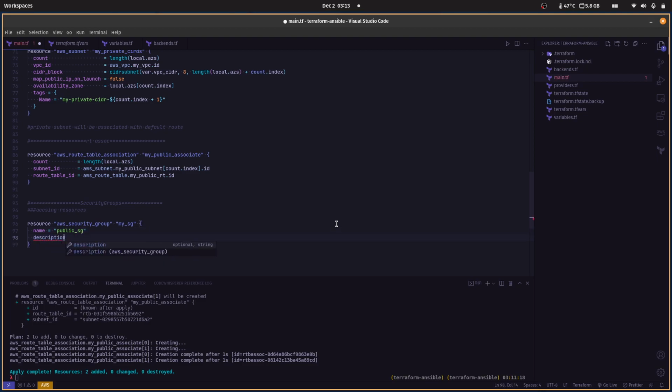And we may change things around a little bit as we move through this deployment. Things change all the time. And then we just need to provide a VPC ID. That will be AWS VPC.mtc VPC.id as it is every single time we've used it. All right, and next up, we need to create a security group rule, and that will be resource, AWS security group rule, just like so. And we'll just call this ingress all, since we're going to allow any of the subnets